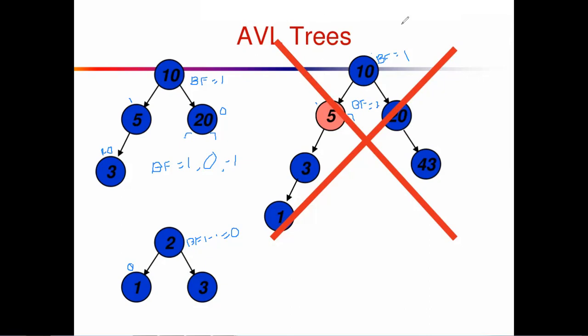So basically we have seen the major important part here: what is meant by an AVL tree and how we are going to calculate it. It's a height balanced tree, and there is a formula for the balance factor: height of left subtree minus height of right subtree, and the balance factor will be 0, 1 or minus 1. This is a very important part regarding the AVL tree. These are the balance factors.